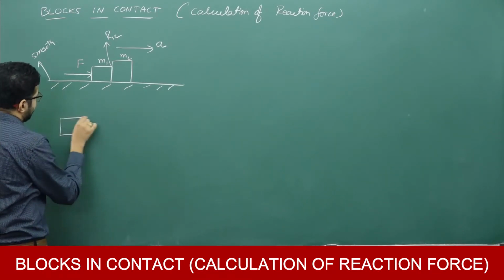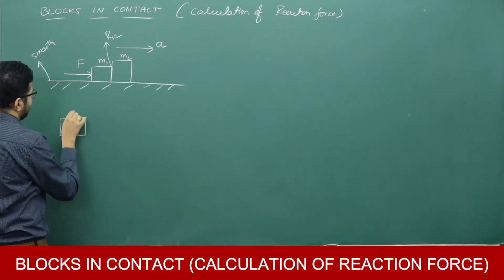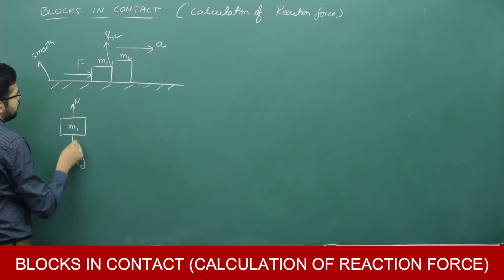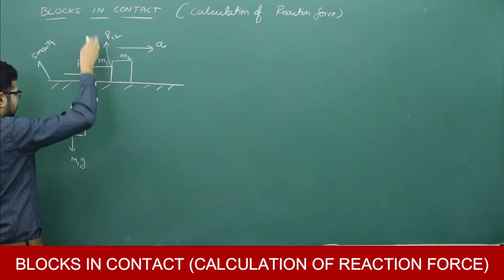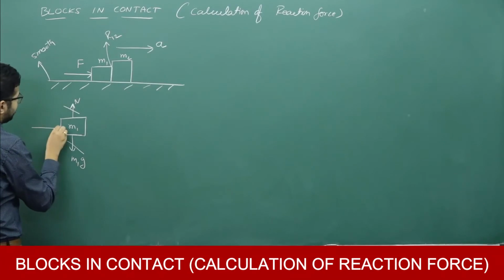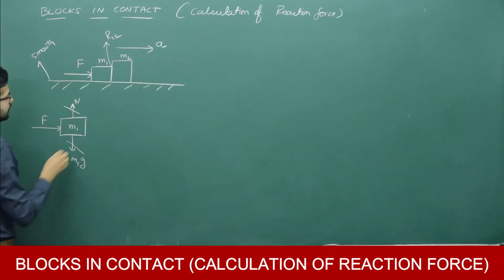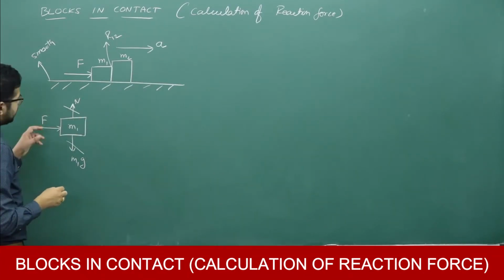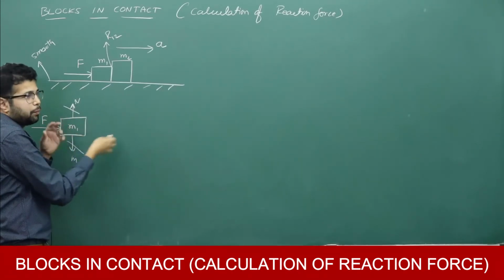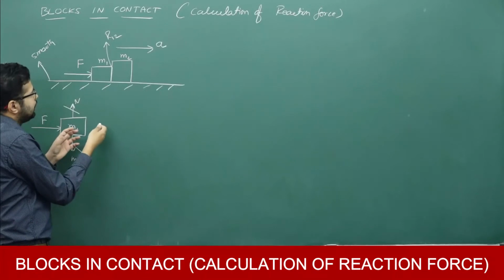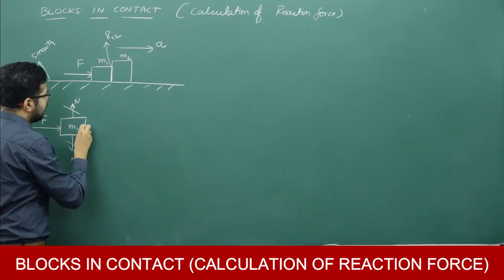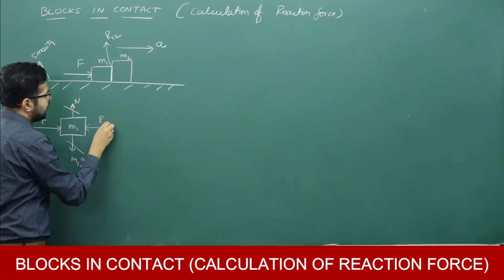Free body diagram of M1. On M1, normal reaction is acting upwards and weight is acting downwards, but the block is not moving along the vertical, so they get cancelled. And F is acting in this direction, but there is an opposition here, there is M2, no? M2 is opposing in the form of reaction force. Between these two surfaces there is a reaction force, acting in this direction, R12,